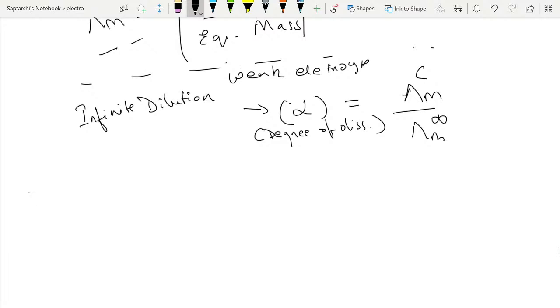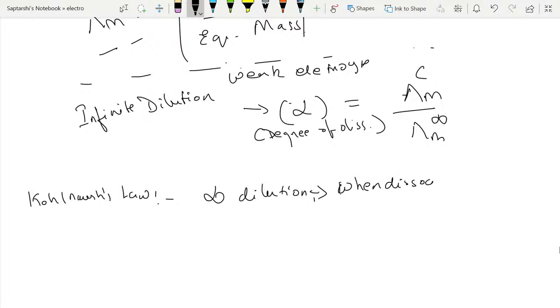Now we come to the famous Kohlrausch's law. I don't exactly know how it's pronounced, but something like Kohlrausch's law. So what it says is that at infinite dilution, what will happen? When you dilute everything, it will be total dissociation, right? So when dissociation is complete,